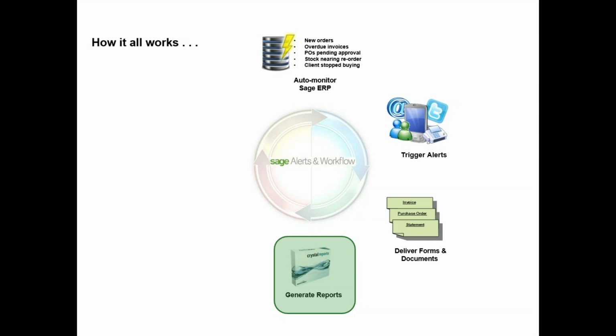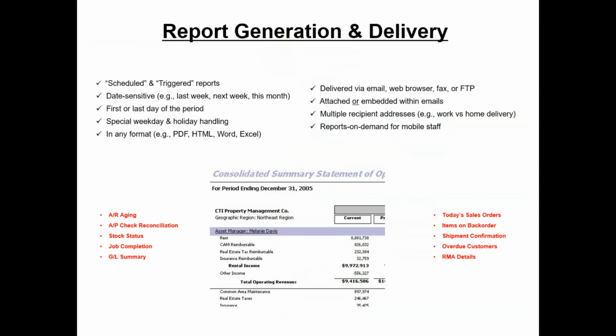Now let's just stick on this concept of overdue invoices for a moment, because consider this. If a customer is severely delinquent and has multiple overdue invoices, yes, we want to resend them copies of their invoices. Yes, we probably want to notify their sales rep. But when you think about notifying their sales rep or account manager, probably the best piece of information that you could send would be an AR aging report or something like that for that client to say, here's a list of all of this client's overdue invoices arranged according to aged bucket over 30, 60, 90, and 120 days. So it's worth noting that Alerts and Workflow automatically gives you the ability to trigger, generate, and deliver an unlimited number of reports.